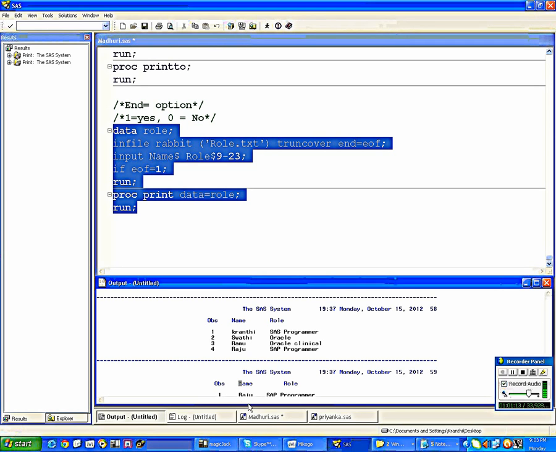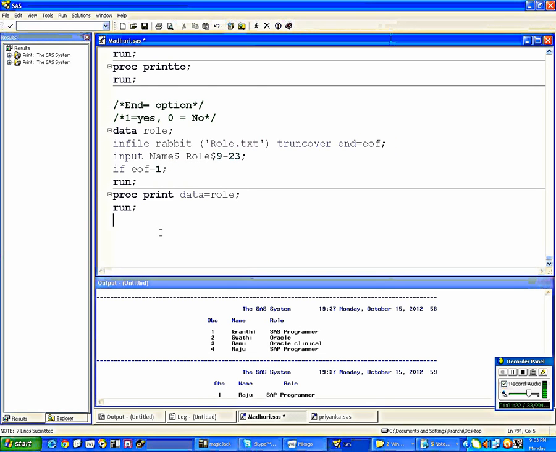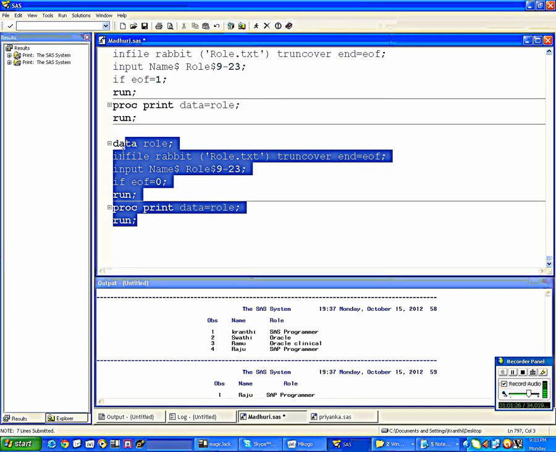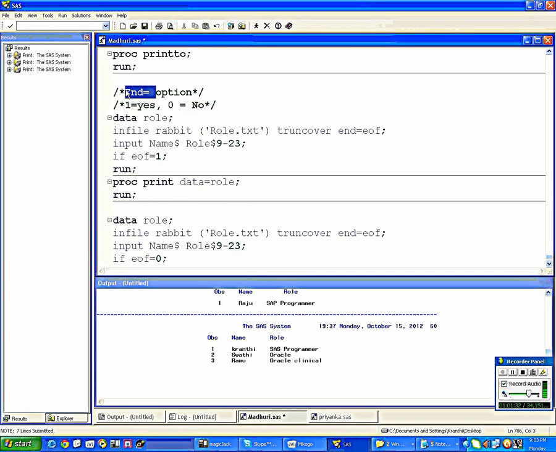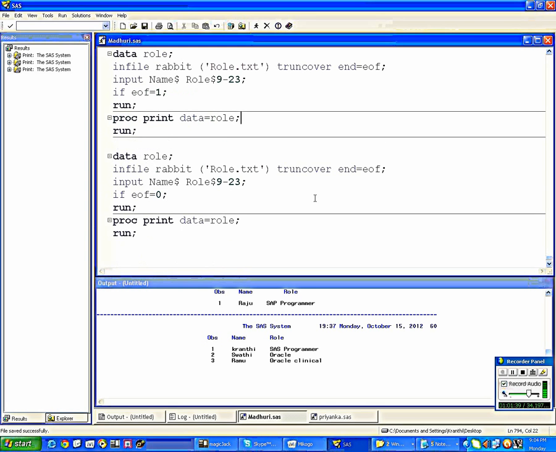Now see, it is printing only the Raju, which is the last one. Out of 4 observations, it is just printing the last one only, if EOF is equal to 1. But if you don't want the last one, then EOF is equal to 0, means don't print the last one. Then it will print only the first 3, not the last one. Means with this end equal to option we are deciding whether to print the last observation or not.